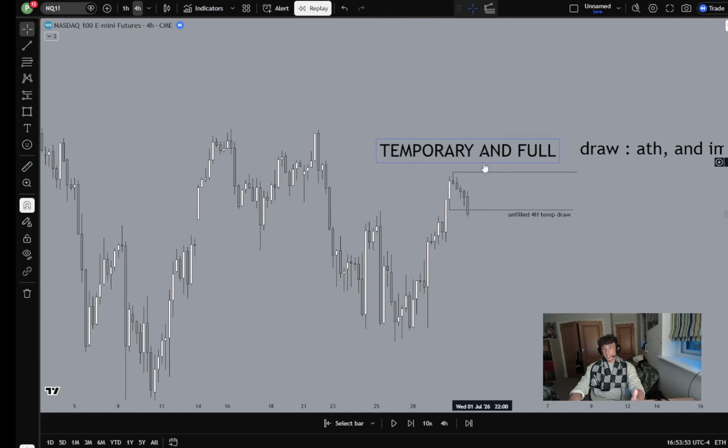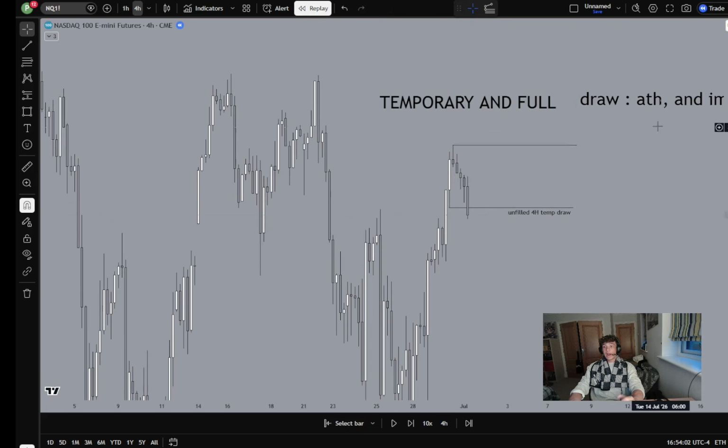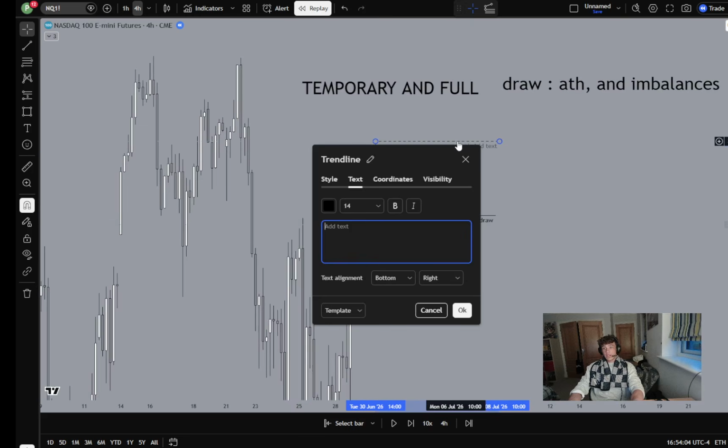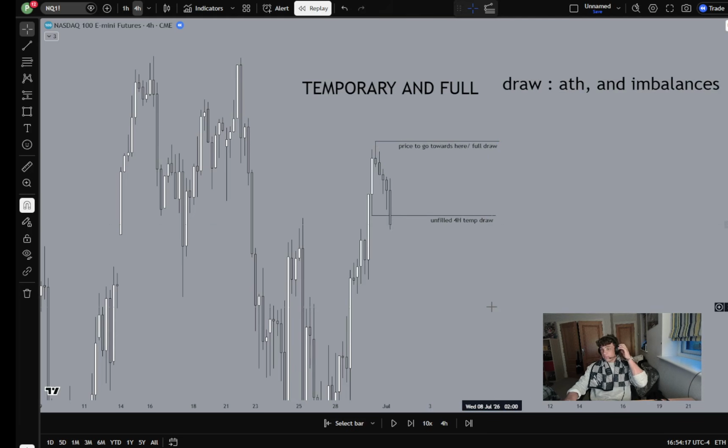As you can see, we are bullish. I expect now we've taken some form of higher time frame context imbalances out of the market. Now we don't really have a draw to go to. And now how do we find our entry? Okay, so now we expect price to go towards here, slash full draw. Really simple. Price doesn't have to actually go to that full draw, does it? Okay, but that's where we expect price to go in the direction of.